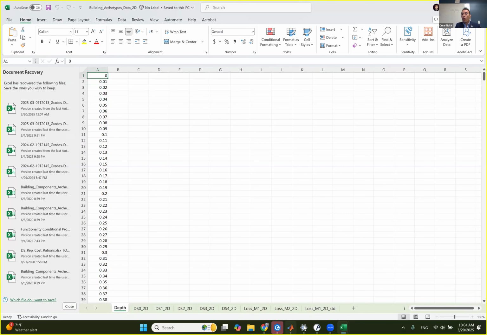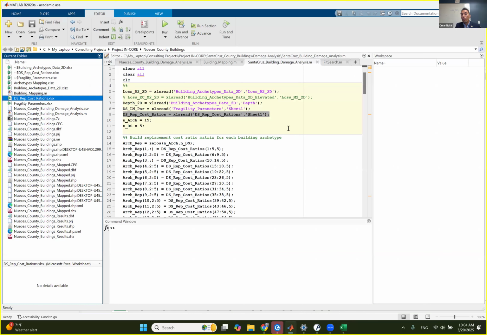All this data was in a bunch of Excel files. And when we do damage analysis or programming, we need to prepare this data in matrices that help us do the analysis. So I start organizing this data in matrices. Like I start putting the replacement cost analysis in a matrix called the archetype replacement cost. This archetype replacement cost is gonna have the archetype number from 1 to